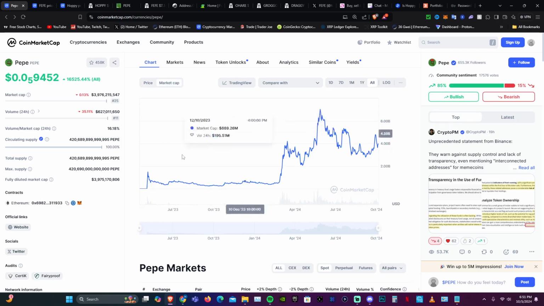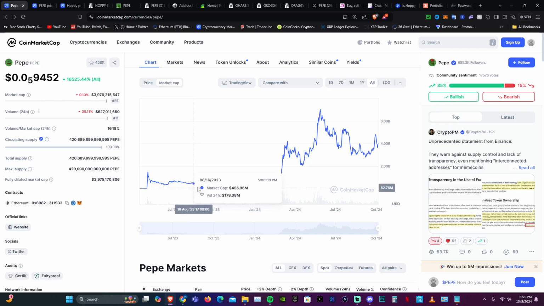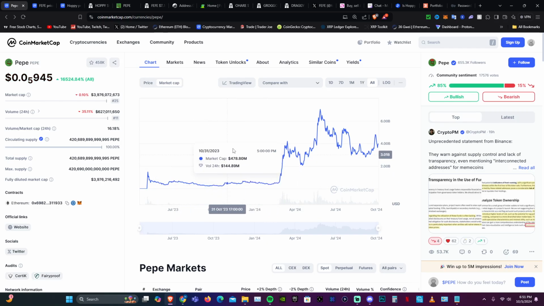This is Pepe right here. I was looking at Pepe when it was like 300 million market cap around here, and back here before it went up to 1.5 billion, on May 5th of 2023. So I was looking at it back then, and I had a whole, not season, but a whole 3 to 4 month period where I could have bought into Pepe, right, and got a